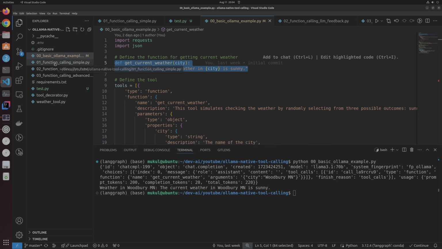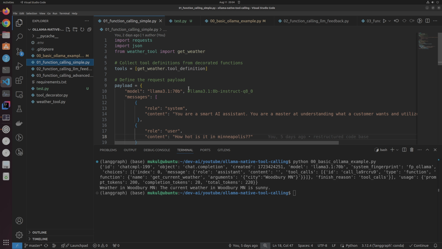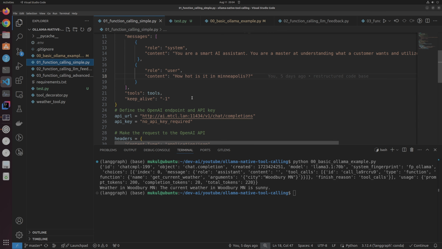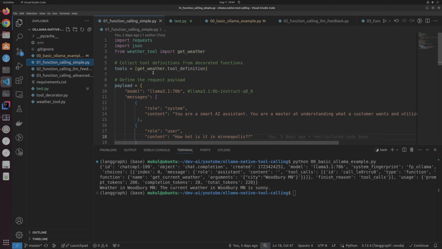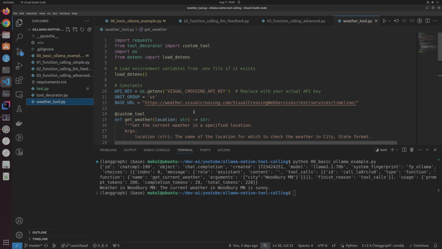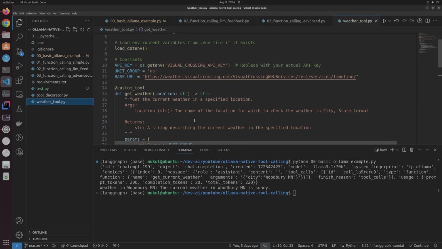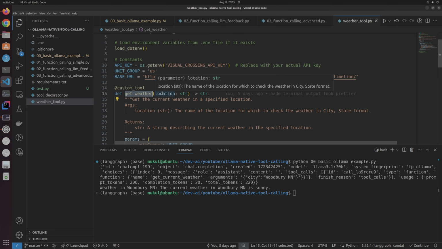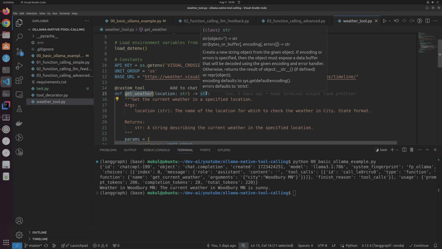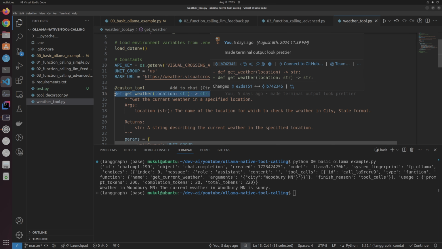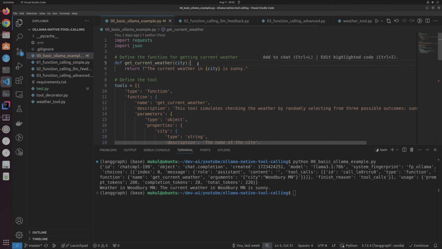So let's see that. In this example, function calling simple example, you will see that there is a tool called get weather tool, which is defined over here. So I'm going to show you this tool, a get weather tool is defined, right? And this tool takes one input as a city, right? So there is an input in a city, state format, and this is a string, and it outputs a string too. So it is written in a very structured format, better than the previous basic example, because in this example,